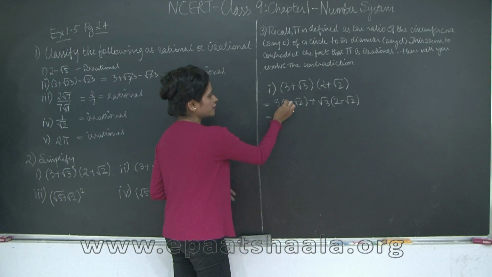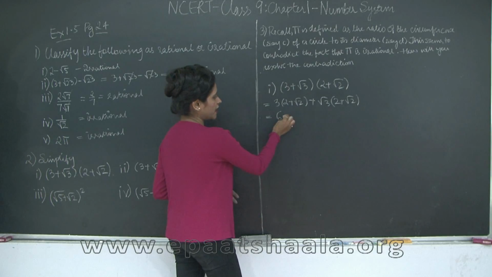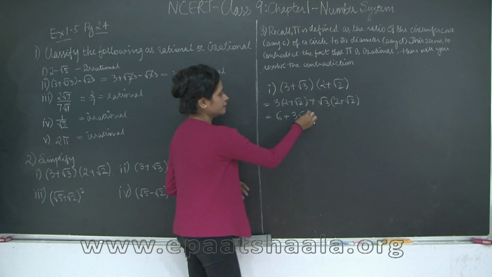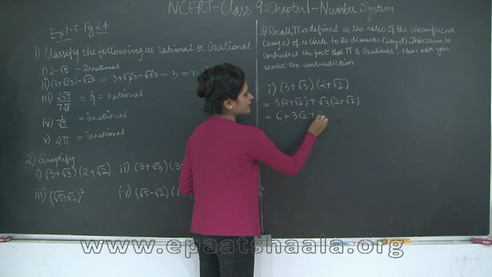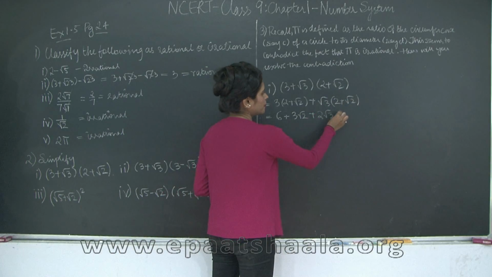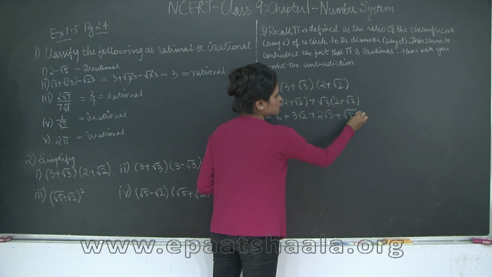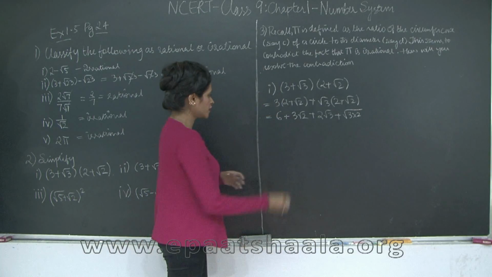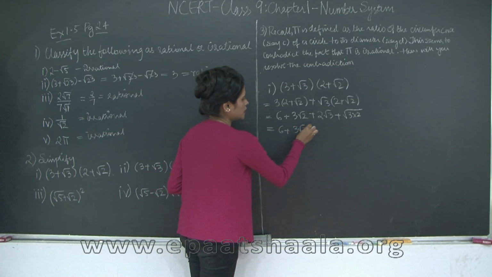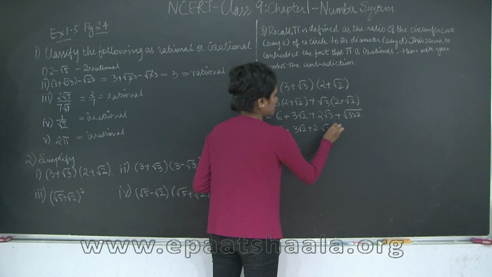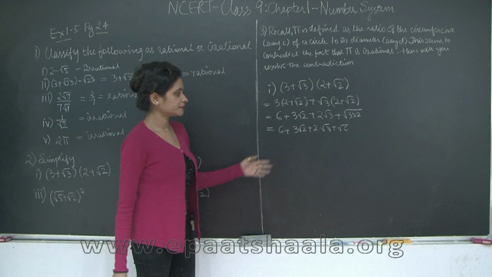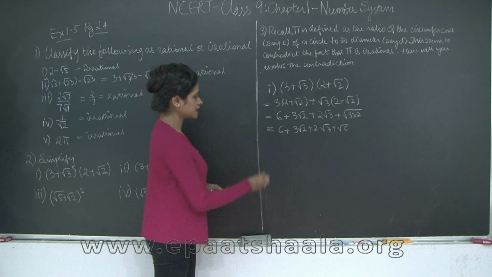So this is what: 3 into 2 will give me 6 and plus 3 into root 2 will give me 3 root 2. Similarly, plus root 3 into 2 will give me 2 root 3 and root 3 into root 2 will give me plus root of 3 into 2. So further expanding, what do I get? 6 plus 3 root 2 plus 2 root 3 plus root of 6. So this is my answer to the first question. Let's take a look at the second one,